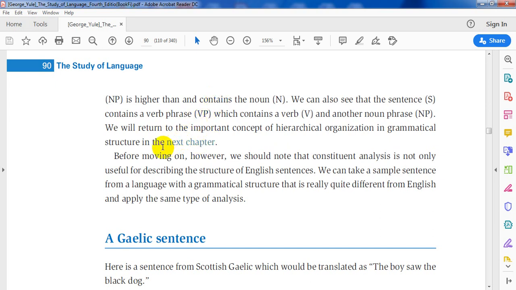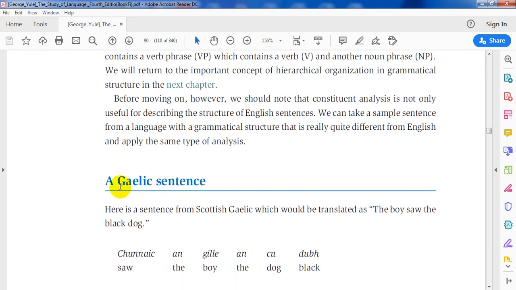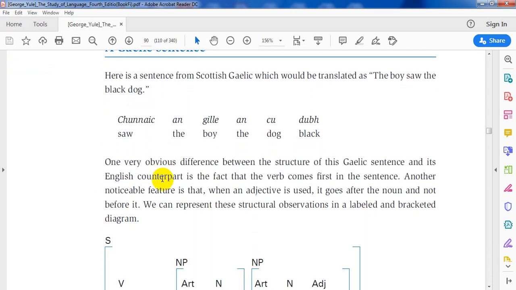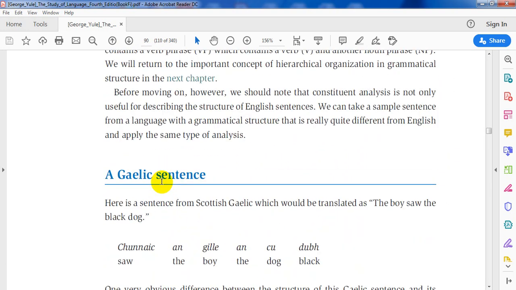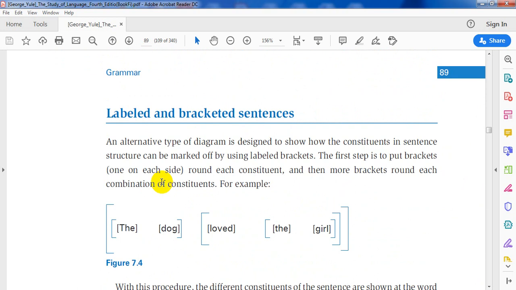And actually here we have an example. It's not relevant to our study, so we'll skip this section. I want you to understand that what we have discussed today is